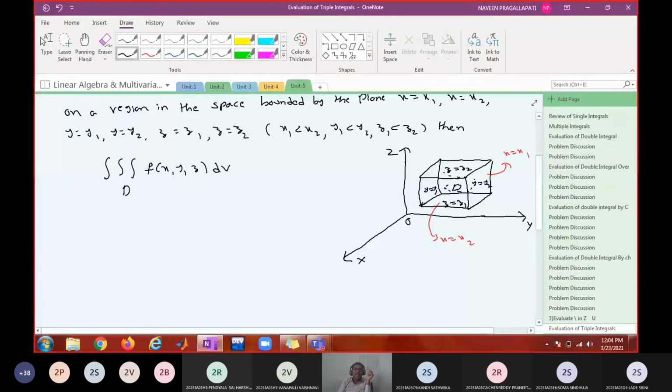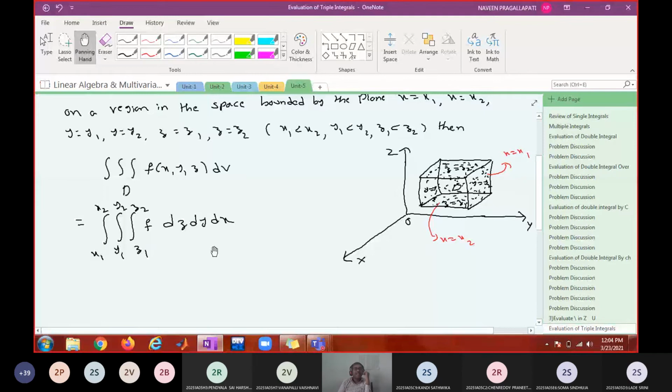You may fill the region with some dots so that you understand that it is a solid region, not just a hollow one. We are integrating over a solid region on and inside the cuboid. Then what will be the limits of integration? dv can be written as dz dy dx. How does z vary? z1 to z2. How does y vary? y1 to y2. And how does x vary? x1 to x2.